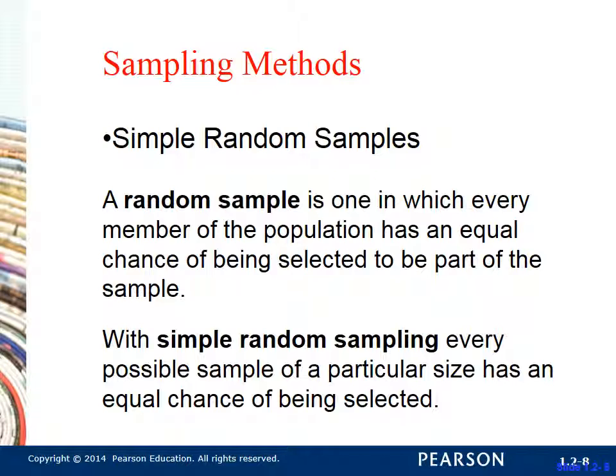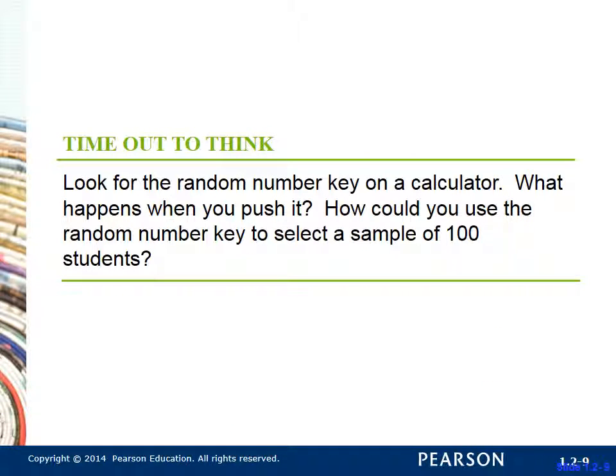So notice the difference between the two. A random sample, every member of the population has an equal chance. With simple random sampling, every possible sample, the sample itself of a particular size, has an equal chance of being selected. So subtle difference. All right, so we're not going to worry about the random number generator on the calculator,